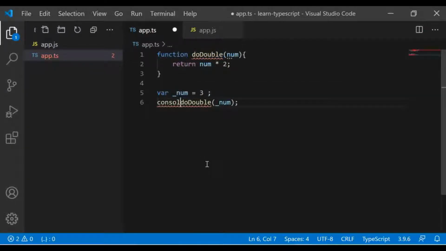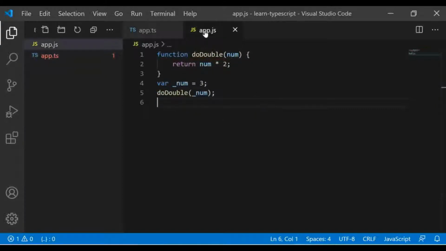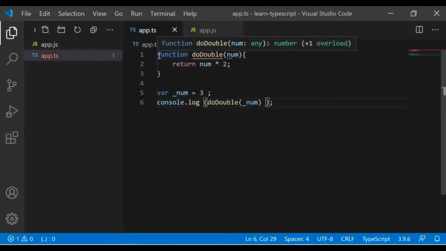So console.log. In case you are wondering why this red mark is coming over here, it is because currently it is executing as a script, and this TypeScript file itself is not a module here. Scripts share the global space. So since it is executing as a script, it is complaining that we have a duplicate function definition, but modules have their scope limited to their current file only.